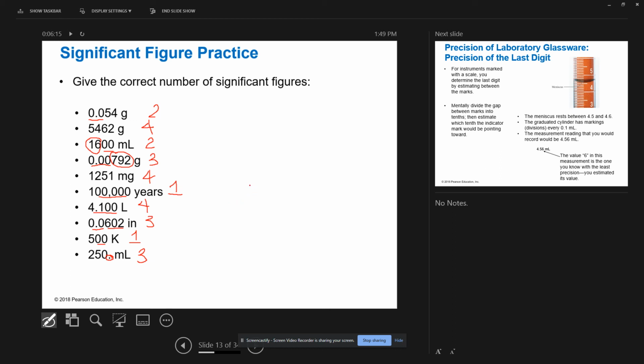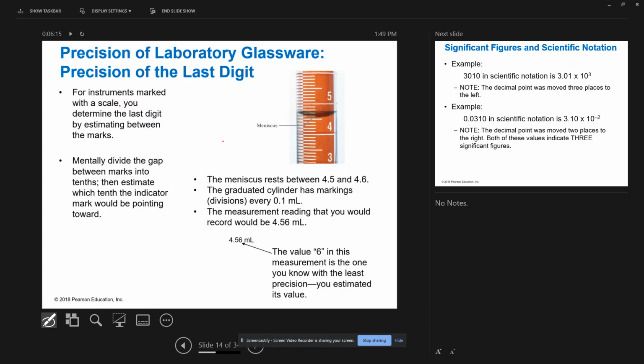Okay, so significant figures is going to be super important as we move through the semester because all of your problems are going to have to be to the correct number of significant figures. Okay, so when we make a measurement, we need it to be to the correct number of significant figures. So let's say